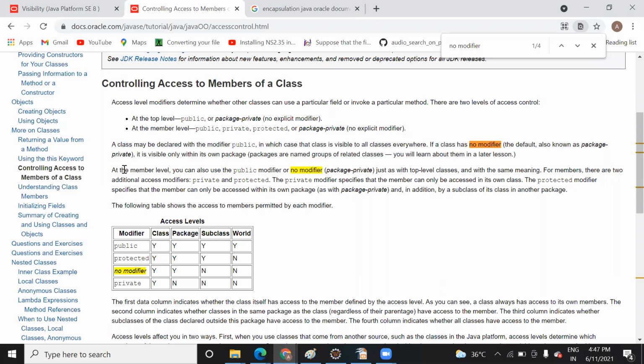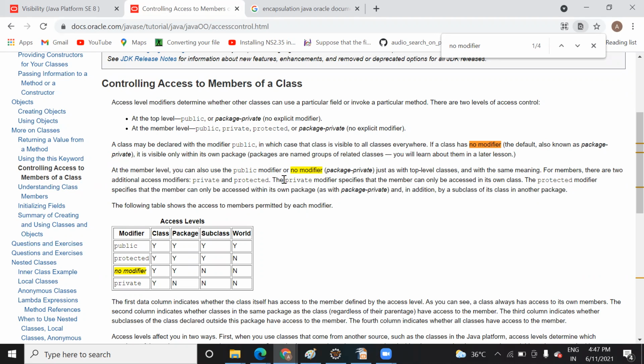So when it says member level, it means in terms of variable and method, you can use the public modifier or no modifier with a member, like with your variable and method, because you are going to use the access specifier with the member itself, right, with variable and method. Okay, so that member means your method and variable.